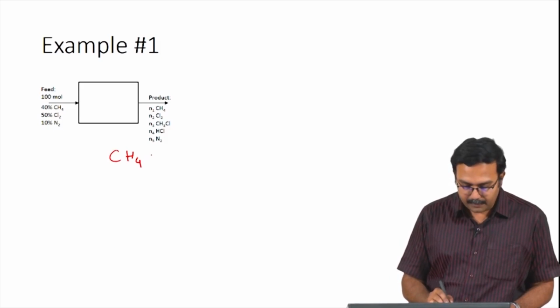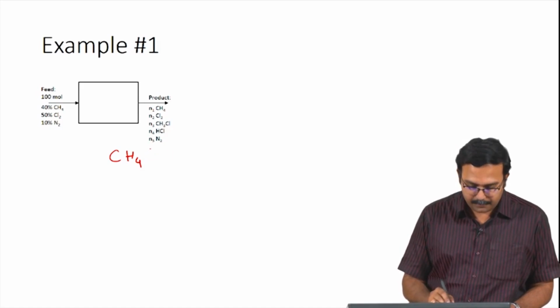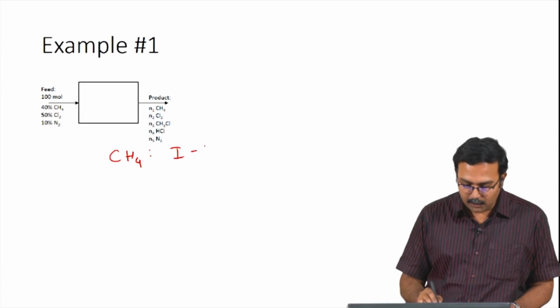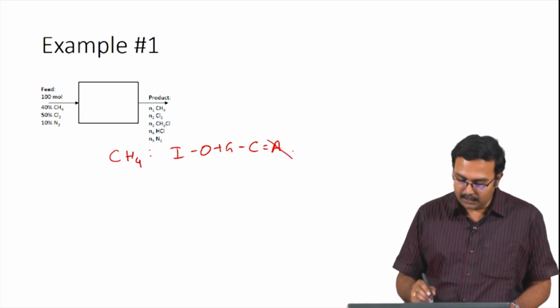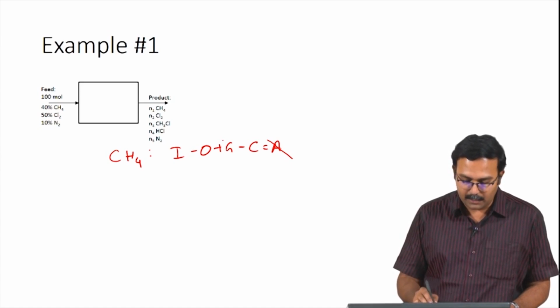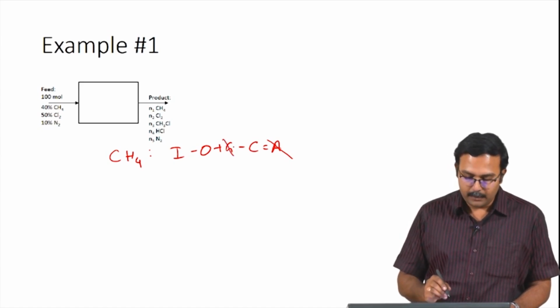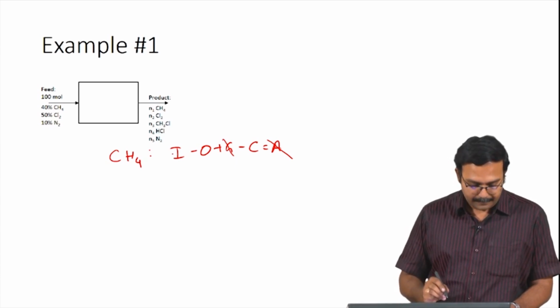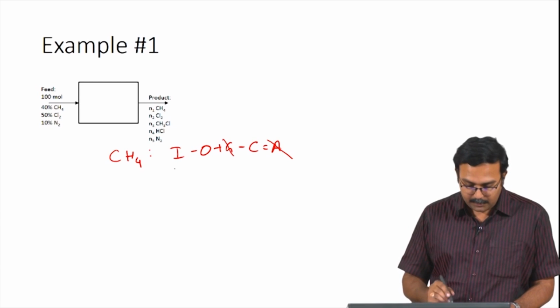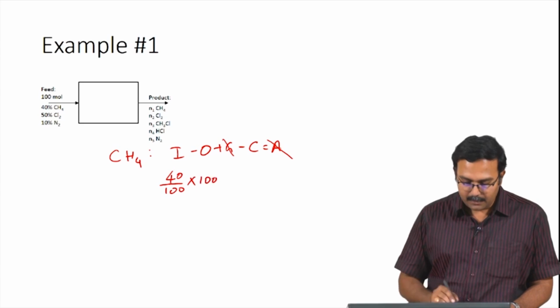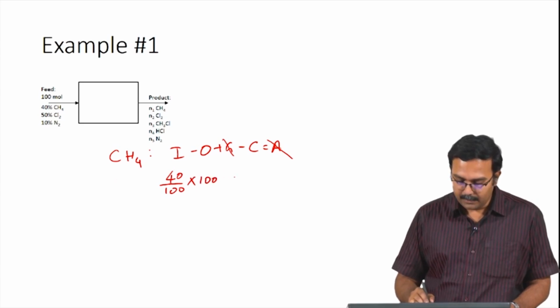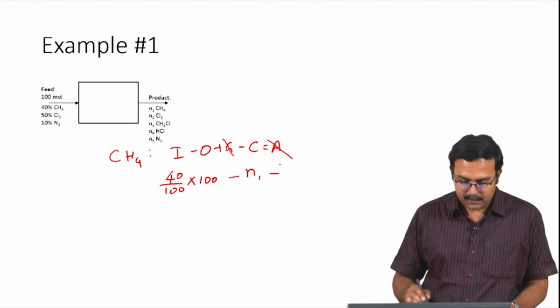For methane, the balance equation would look like: input minus output plus generation minus consumption equals accumulation. Assuming steady state, accumulation goes to 0. Methane is actually taking part in the reaction, which means it will get consumed, it will not get generated. So, generation goes to 0, you have both input and output terms. This would mean that your input term, which is 40% of 100, giving you 40 moles which is coming in, minus output term for methane, which we have assumed to be N1, minus consumption of methane